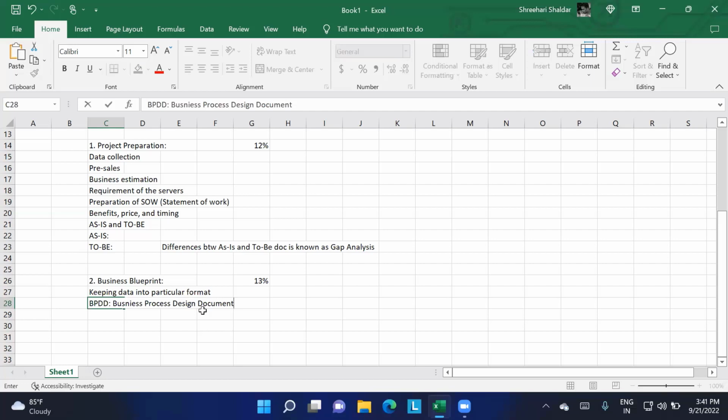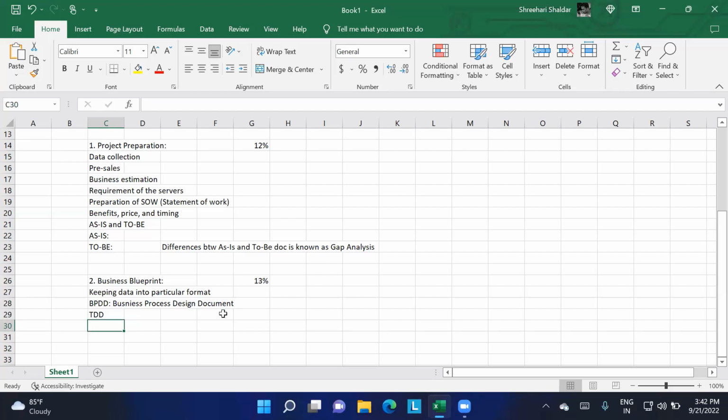This BPDD will be prepared by the functional consultants. When they analyze their functionalities and prepare this document, they give it to the technical people. They prepare the technical design document here, the TDD, which is prepared by the technical consultants. So two things will be prepared over here.